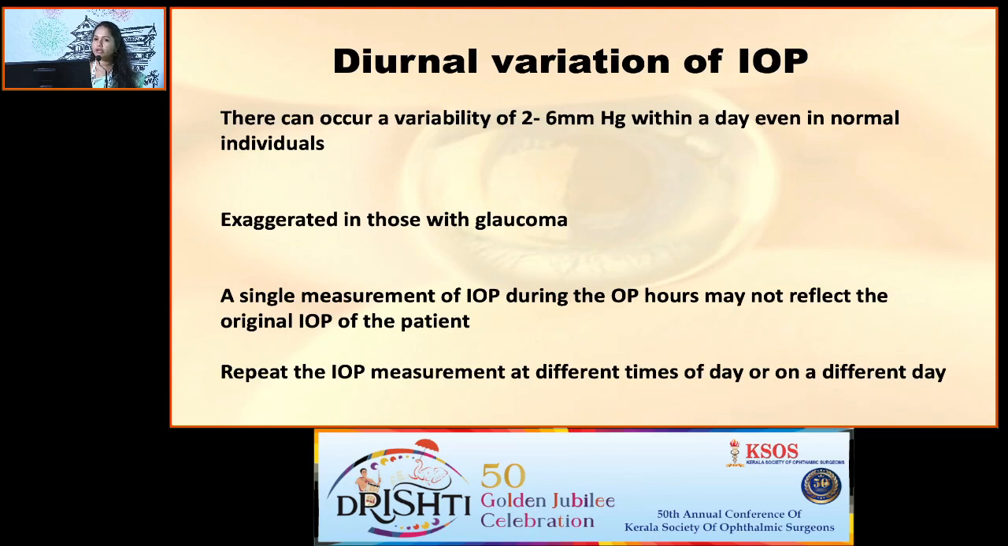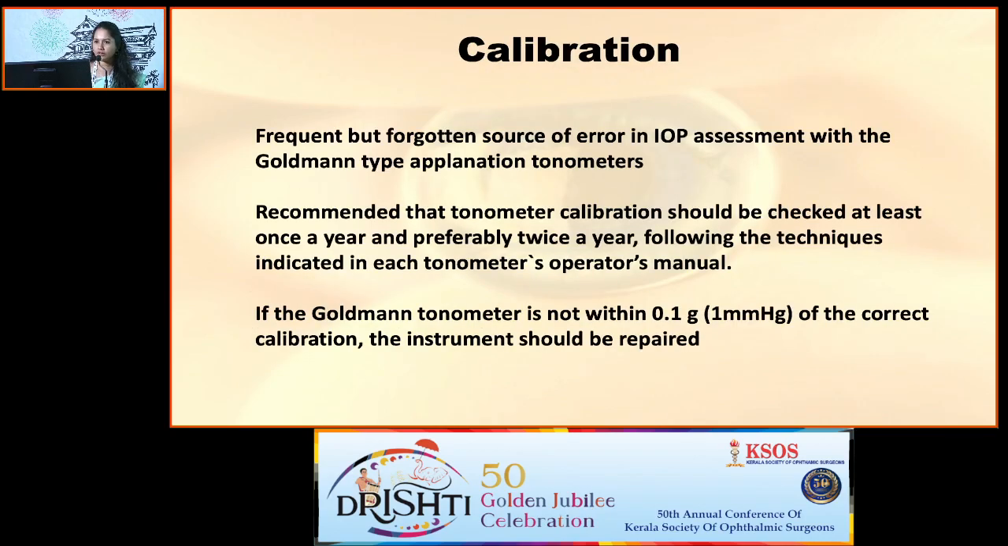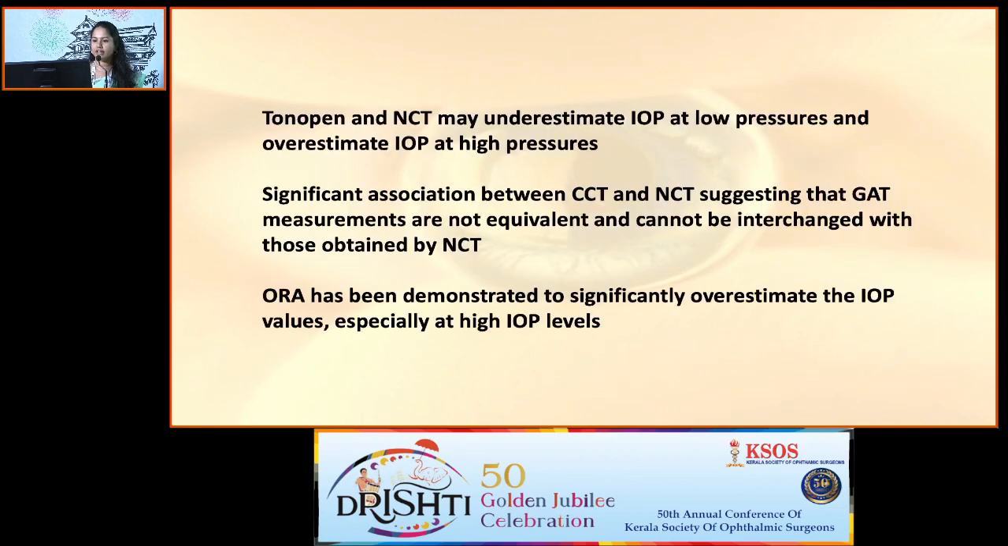Diurnal variation is very important in people who are having glaucoma. It may go more than 8 millimeters, so a single measurement may not suffice. Other causes of variability are also there, including fluid intake, and regularly calibrate your instrument. And another thing is digital tonometry, but that is notoriously inaccurate. So, Tonopen and NCT are other options for measuring, but they may underestimate or overestimate the IOP at other than